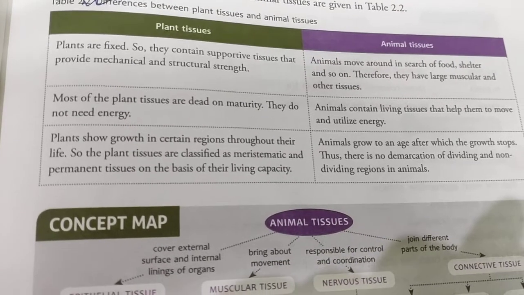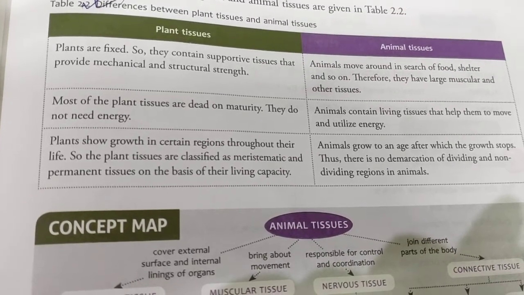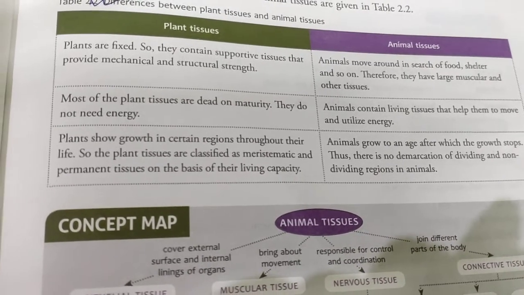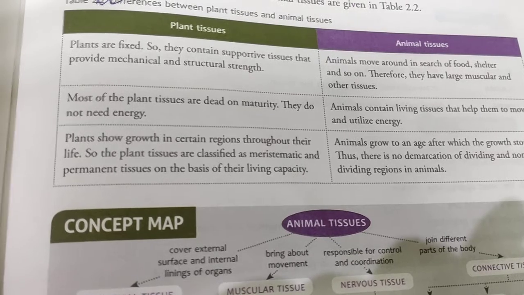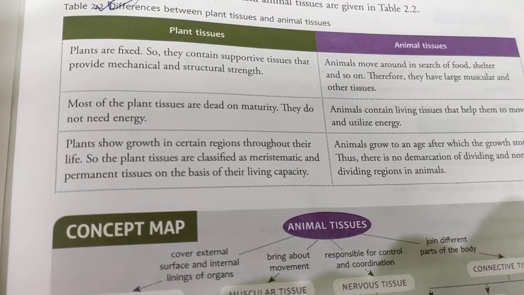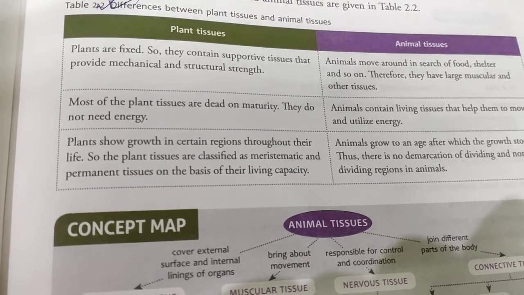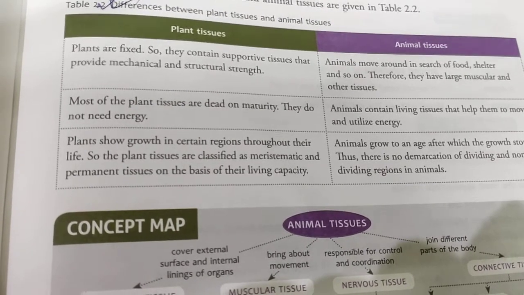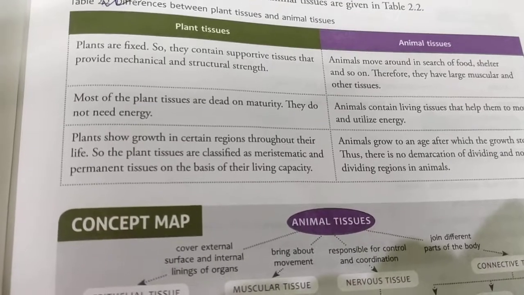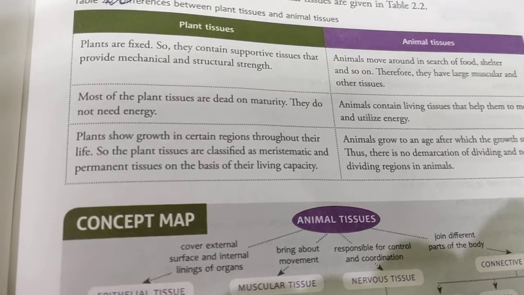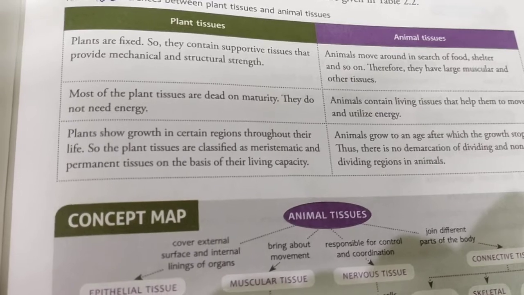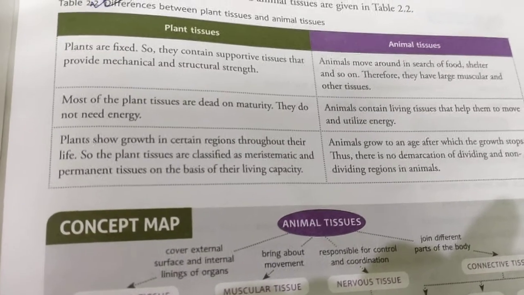So students, this is all about your animal tissues, question answers and important things from the chapter. Please go through the chapter. Please go through all my previously uploaded videos, because I have completed plant tissues, animal tissues and also kingdoms of classification. I'll come to that in my next video with the important question answers for those chapters. So please be at par with all the uploaded videos so that you can follow up the things which will be there in your syllabus, in your exams. Clear? Thank you.